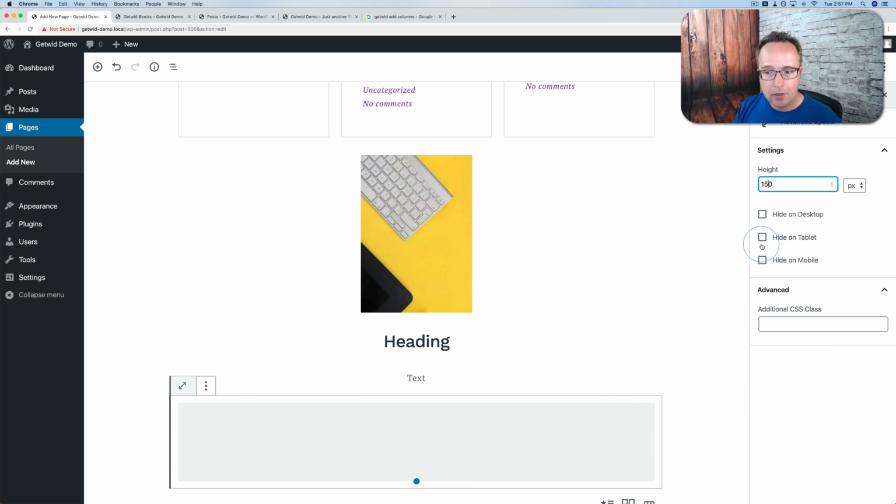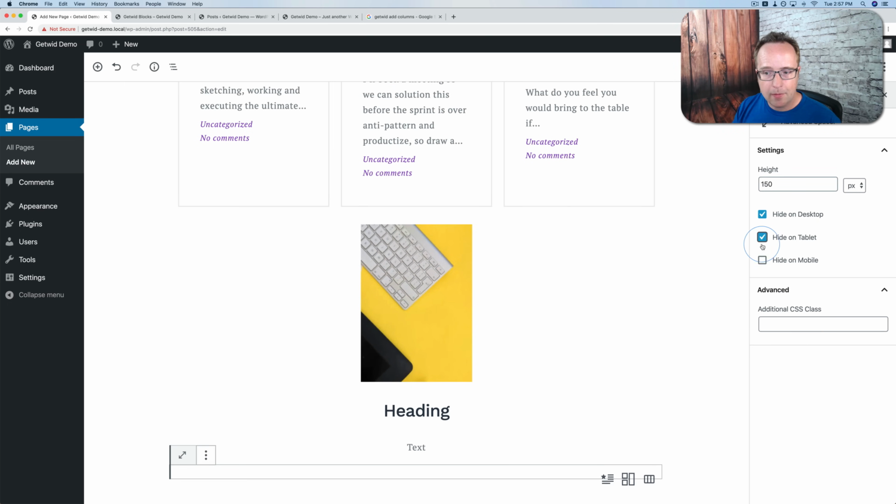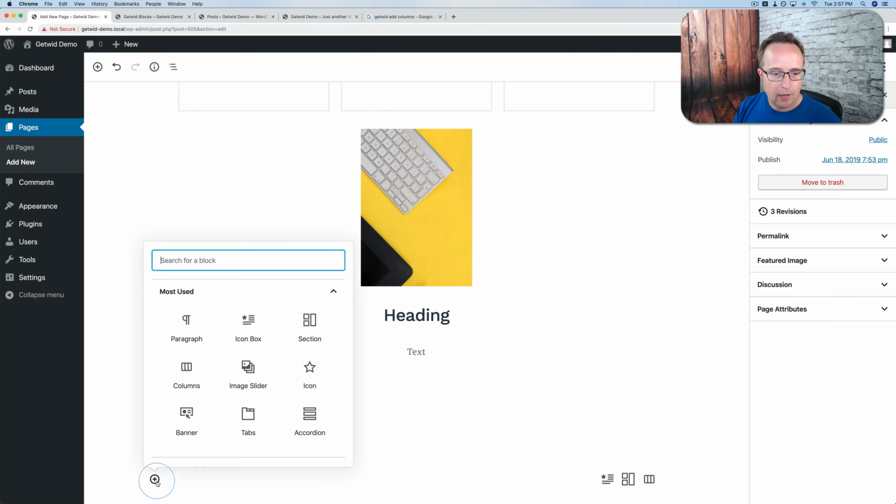And you can hide these on various devices. So if you find you have a spacing issue on mobile, you can just add one of these space options and say hide on desktop, hide on tablet. Then it'll only be spacing on mobile, and then you can solve your spacing issues that way. And the next block we're going to look at is